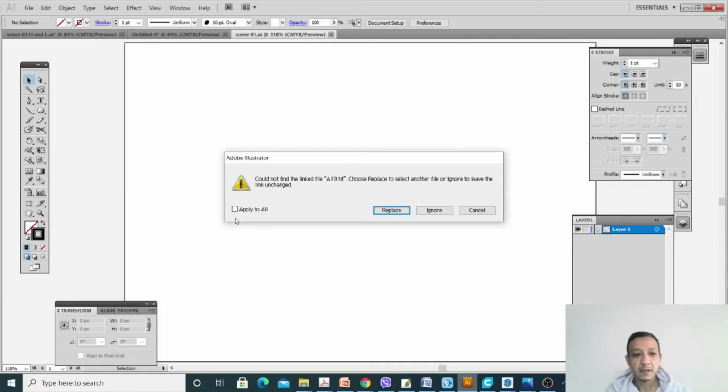One more thing, there's another option here, it's apply to all. If you have many pictures inside the file and these pictures all have been changed, or their location changed, that means you need to relink all the pictures which exist in this file. So instead of doing it photo by photo, just click here, apply to all, and then replace,